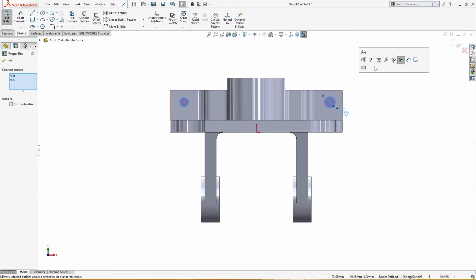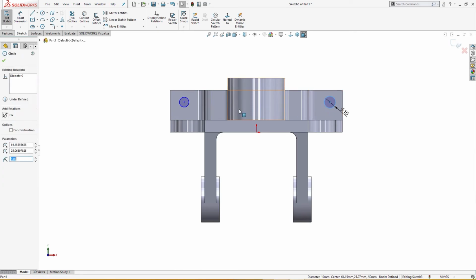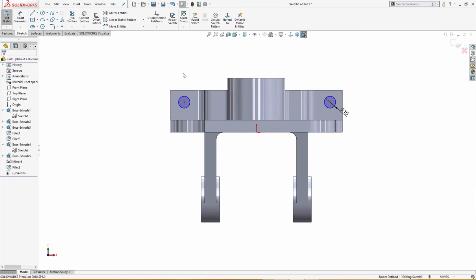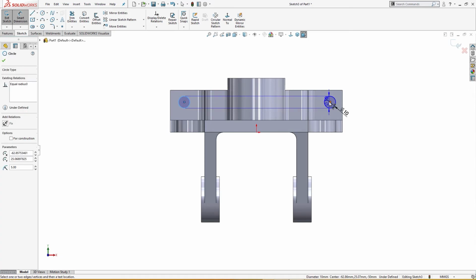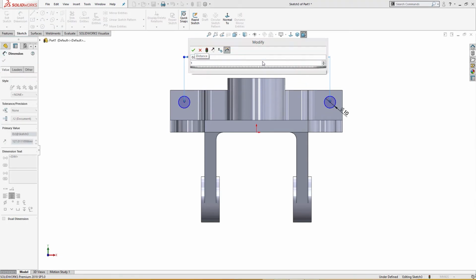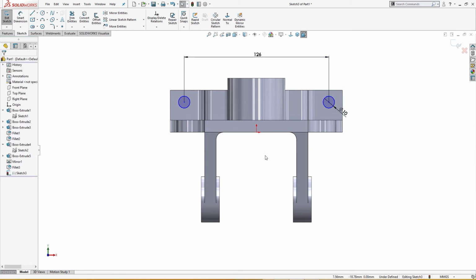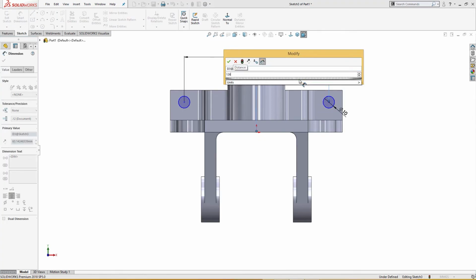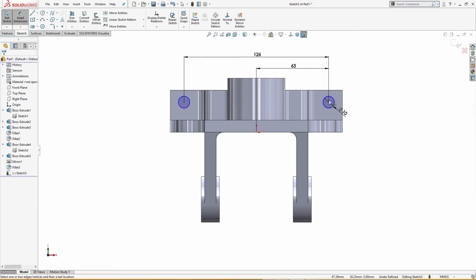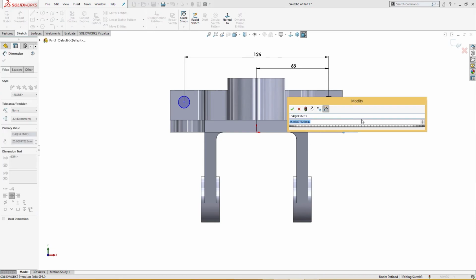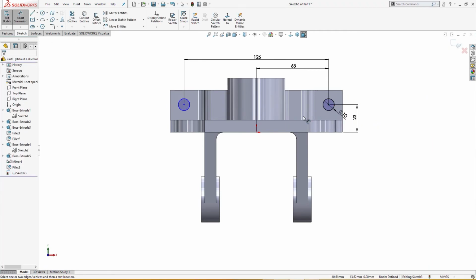and I will select both. I will select this and make it equal. The center distance is 126, and from center to here is 126 divided by 2, 63. So it will come in the center. From the bottom it is 23, from here to there it is 23. Okay, the sketch is fully defined,